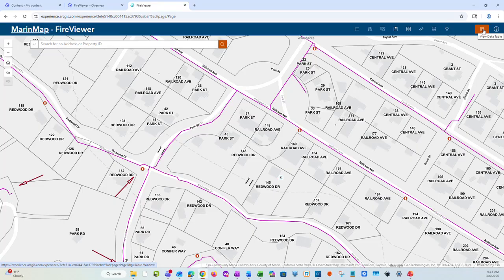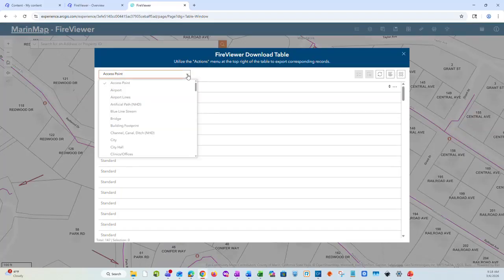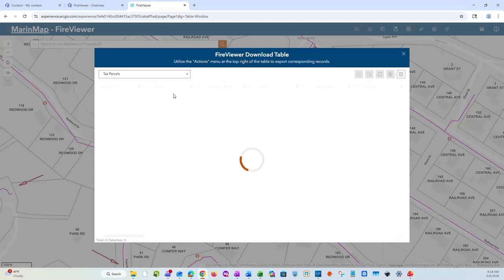Next, I would like to go through the data table tool. And to access that, I will select this table icon here in the View Data Table button. The first thing we'll go through in the table here is you can access layers. So you can access any single map layer that's shown on this application in tabular format by selecting it from this drop-down menu. So for my example's sake, I will go down to tax parcels, and we'll view the tax